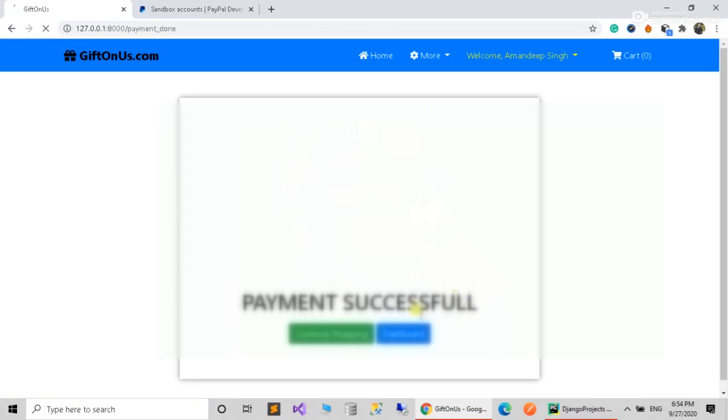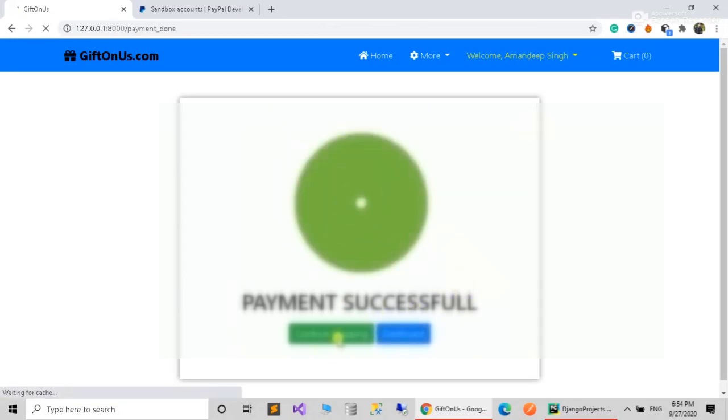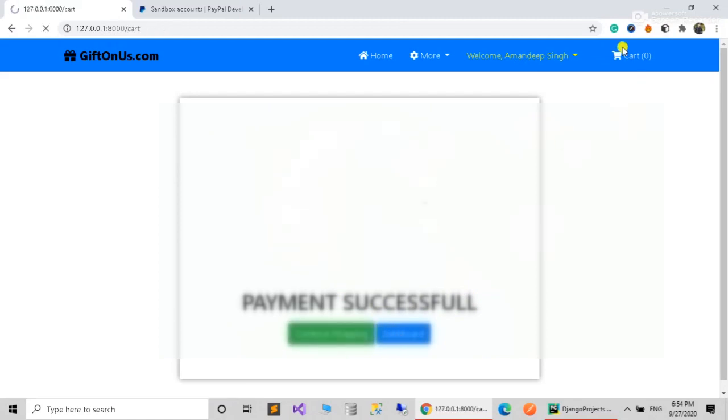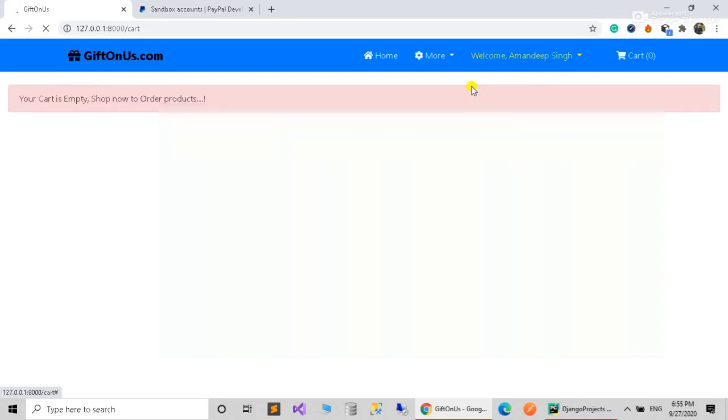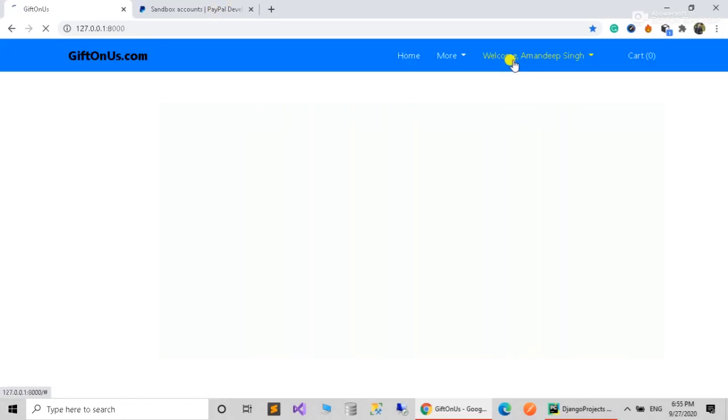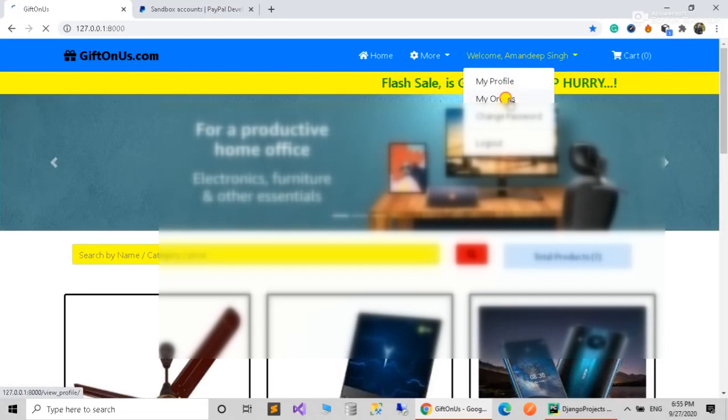Yeah, it's payment successful. So as you can see here, now it's showing 0 because all the products we added to cart we successfully purchased, and when we go to orders it will show that the cart is empty right now. So in this way we can add the products and purchase them by PayPal integration. I can show it in orders as well. Like we just purchased. Yeah, so here is my order.